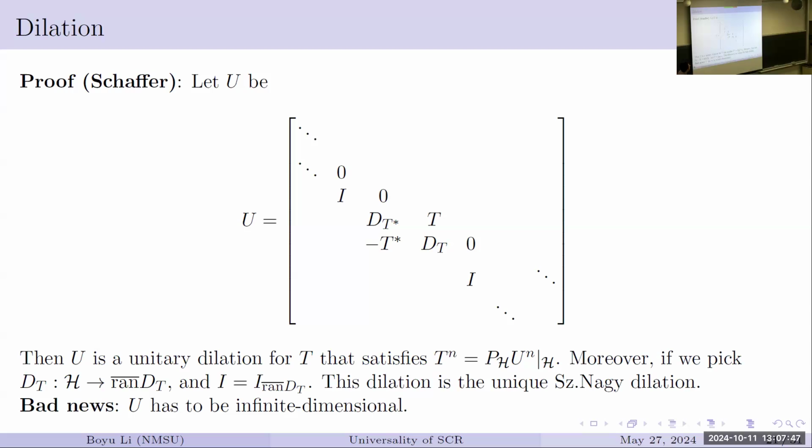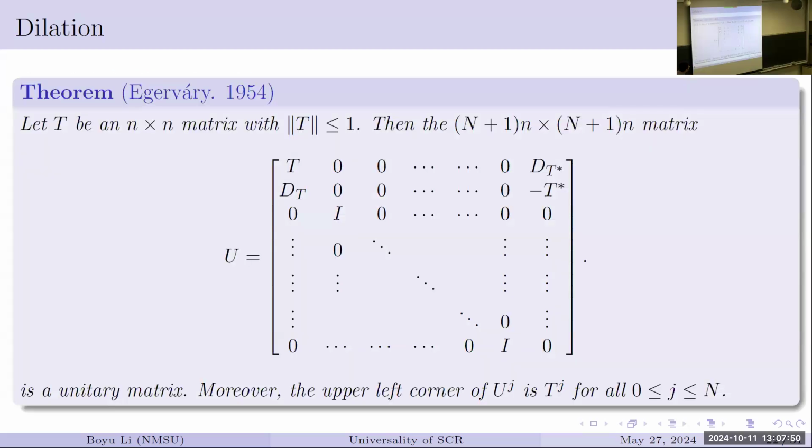And it turns out I was reading some other paper, and it refers to a result from 1954, which I would say hasn't really been touched for quite a long time. People haven't done much on these finite dimensional dilation results. It says basically exactly what we want. If you write a U which is very similar to the Schäffer dilation, but you're not going to shift to infinity, you only shift a finite number of steps, and you keep this Halmos block on the upper right corner, then you get a unitary. And that unitary will keep your information of T to the power up to n.